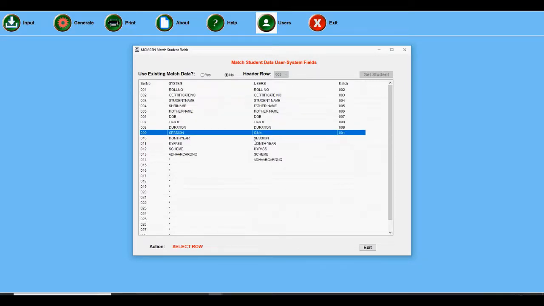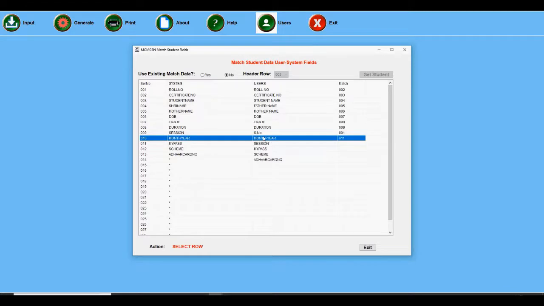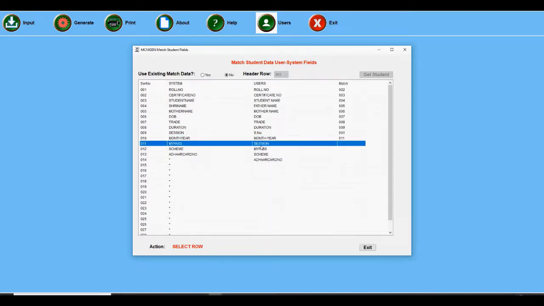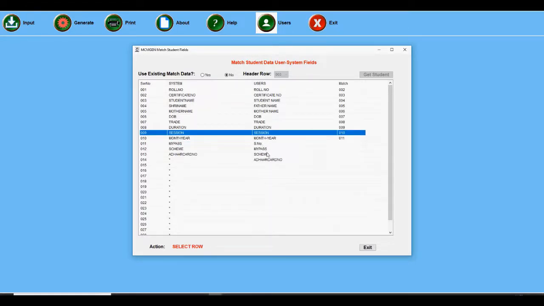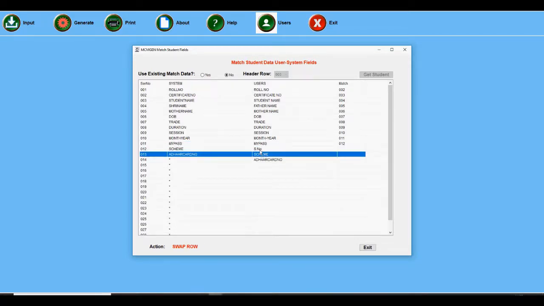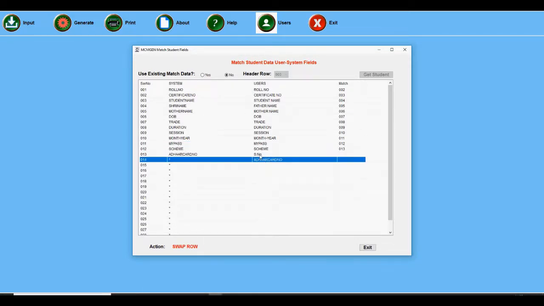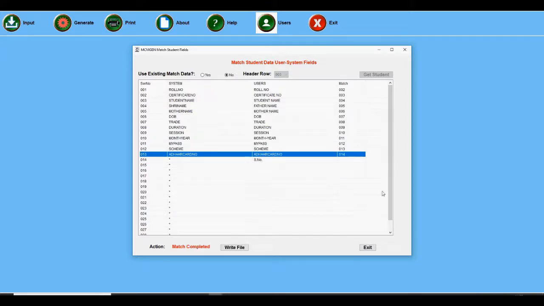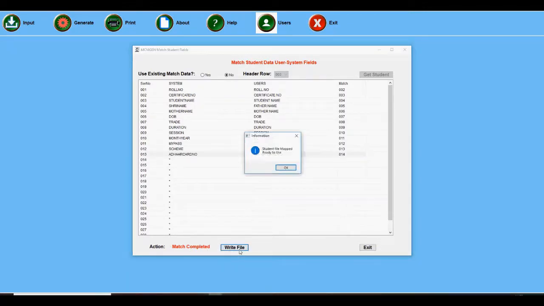Now there is serial number sitting there. Now serial number has come here in 11th row. Now it got swapped. My pass got swapped. Scheme got swapped. Aadhaar card number got swapped. Now if you say match complete, its system says, then write the file. So having written the file,